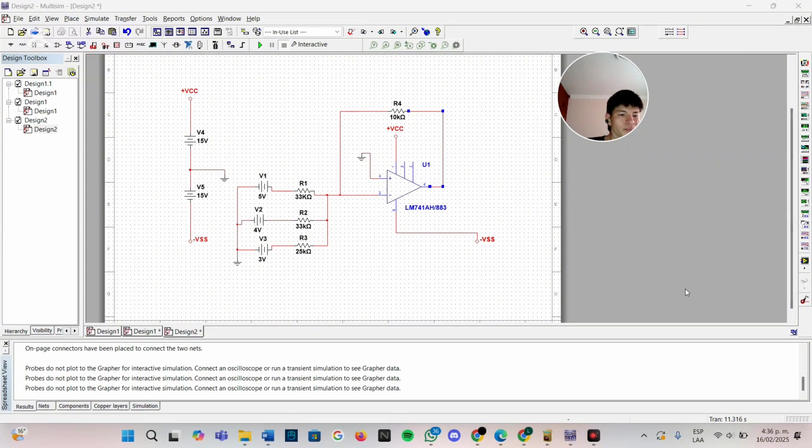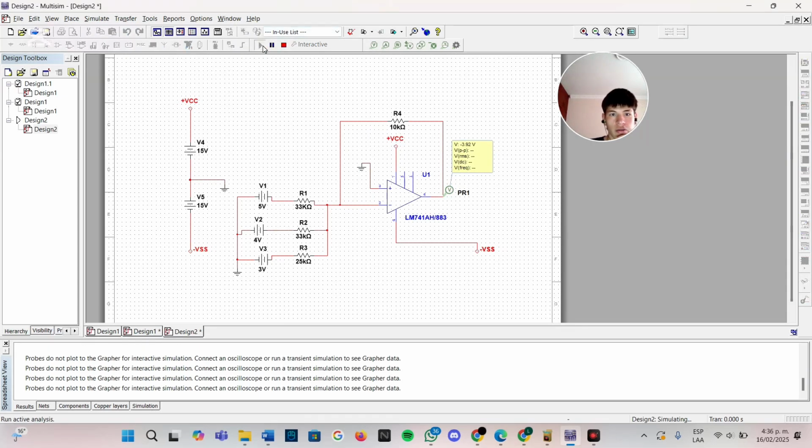We can verify that in fact it gives 3.92 volts. This part is negative, but it can be multiplied by an inverting configuration to make it positive, and this is true. And the voltage in and the V out is